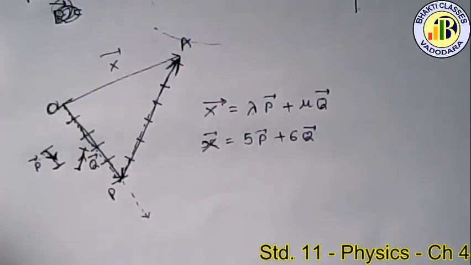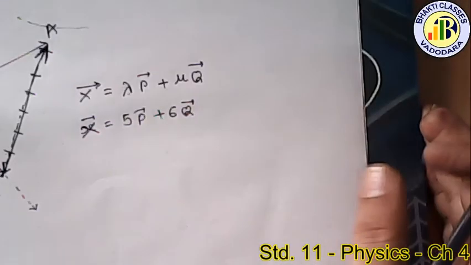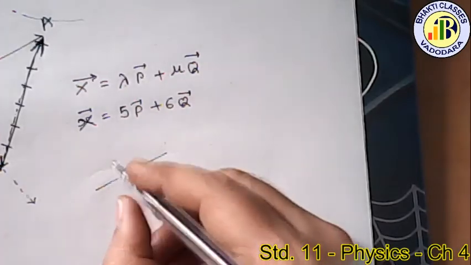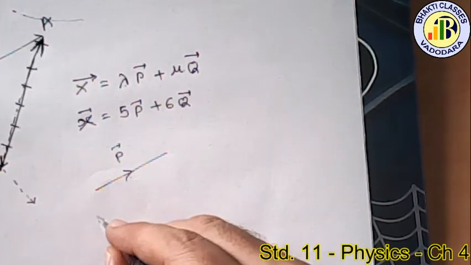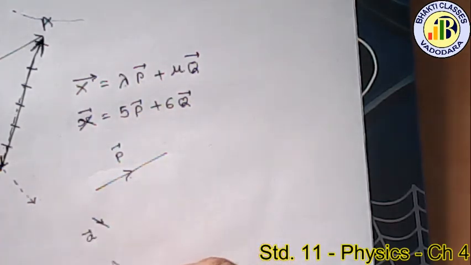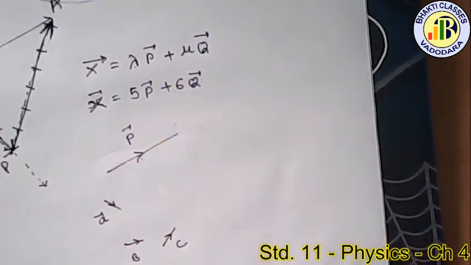Acha, second thing is you can resolve the vectors in multiple vectors also, एक से ज्यादा वेक्टर में भी रिजॉल्व कर सकते हैं. लेट अस सी दैट एग्जांपल. सपोज आई वुड लाइक टू रिजॉल्व सम वेक्टर इन मल्टीपल डायरेक्शन. सपोज दिस वेक्टर p I will resolve in direction of vector a, vector b and vector c. Vector a, vector b and vector c.